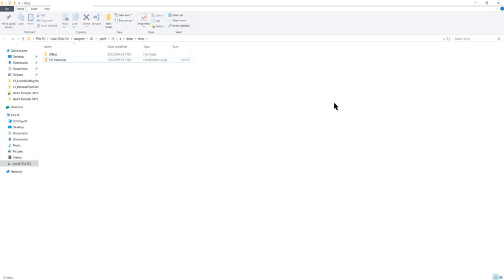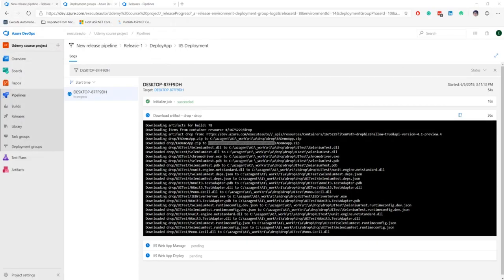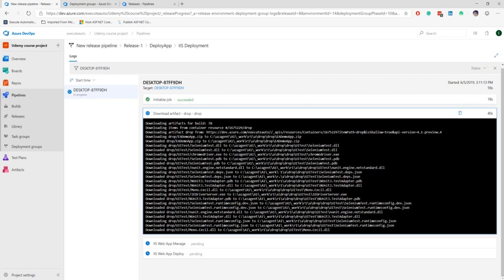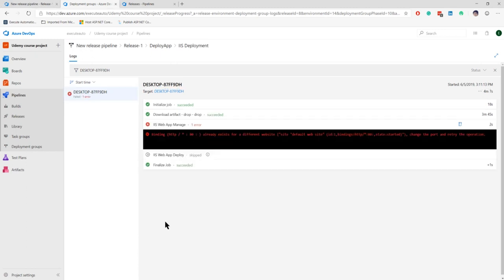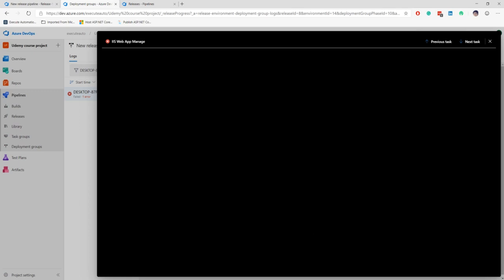That's something that we created in our drop folder. That's why it is coming over here, right? So this is exactly what the download artifact thing is doing for us. I guess everything has been downloaded. Let me do a refresh of the page because nothing has been updated here yet. Oops, you can see that the IIS web app deployment has failed here,